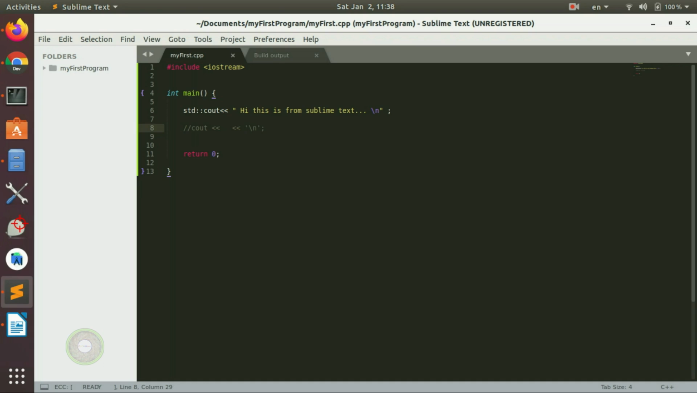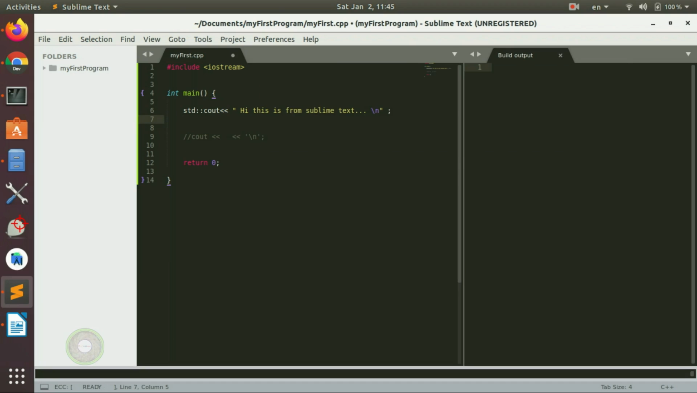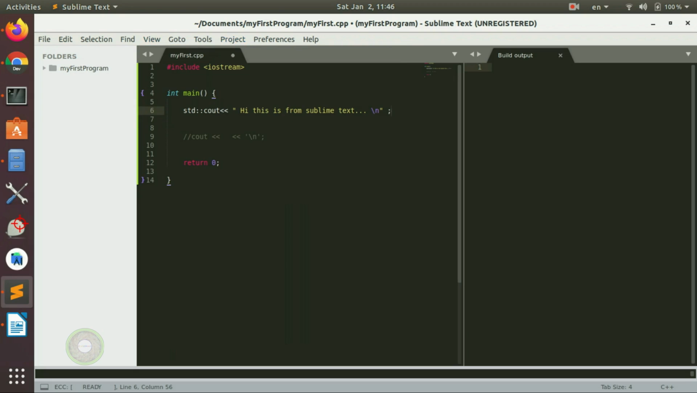If you press Control Shift B, it comes in. It says what you want to do is a C++ single file run, C++11 run. C++11 is just what we installed before, but in our case we are running normal C++. So if I click this, once we put our build view to the next column, we go to the std